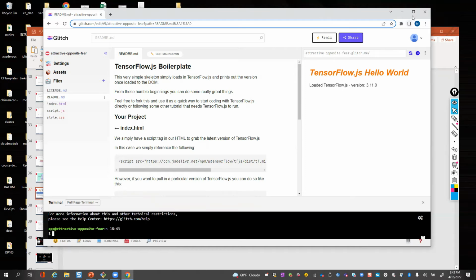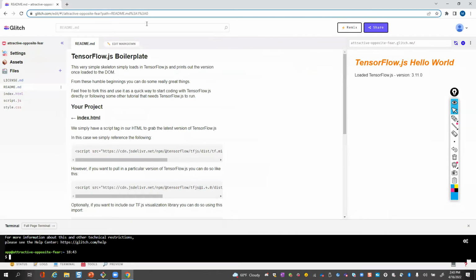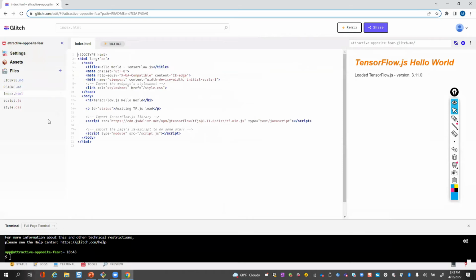So let's see what was downloaded from Glitch as the boilerplate. You have these files over here, and what you see is index.html, a JavaScript piece, and a style piece. So the index pretty much is just an index file. And HTML is like the bones of your body, right? JavaScript is like the muscles of your body. And CSS is like the skin of your body. It's what makes you pretty. And so if you look, what's interesting here in the HTML is this package import. And this actually here is the TensorFlow. And it's been minimized, so we're bringing that down.